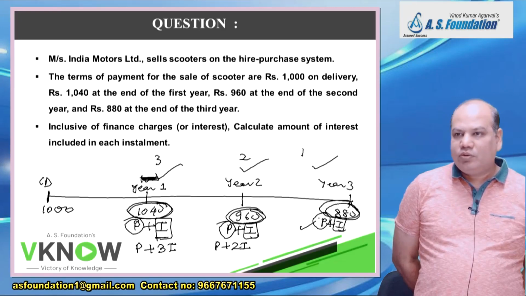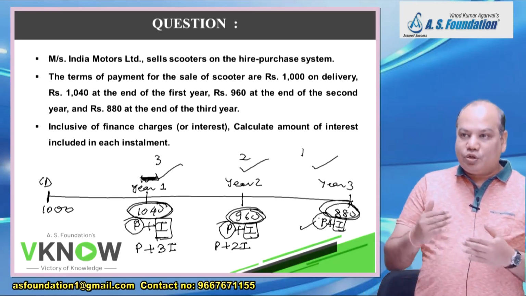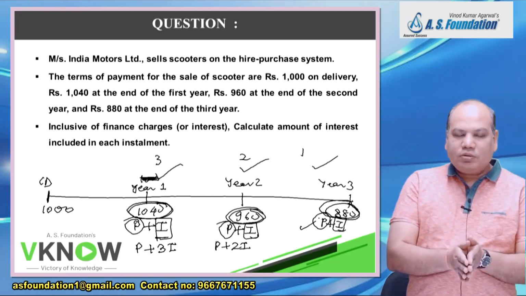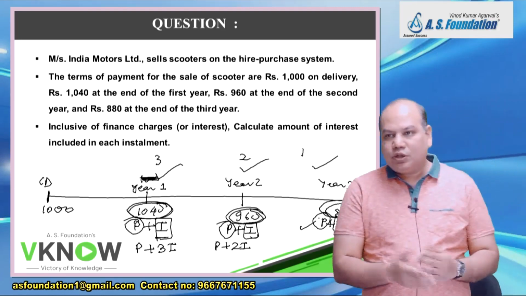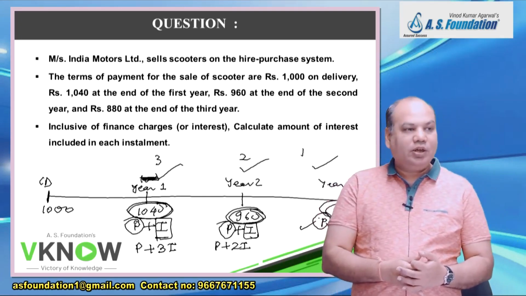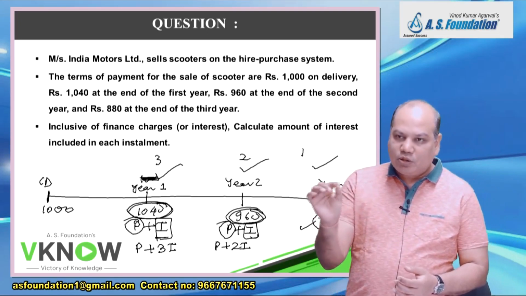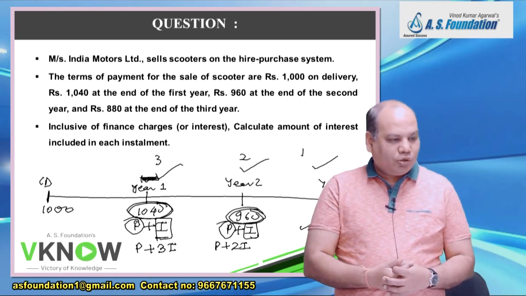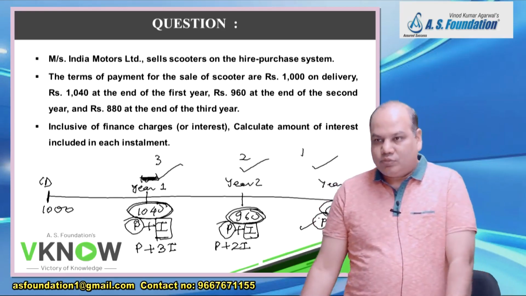Normally this third assumption is always there, but practically there are situations when the rate of interest is also changing. They may ask you to pay 5% for the first 3 years and then 14% for the next 2 years, or like that. This is done to attract the customers. Initially a low rate of interest is asked to be paid, and later a higher rate of interest. So we'll assume the interest rate applicable on each installment is same. With this assumption, next line. Now don't write a point number. Now write, with these assumptions,